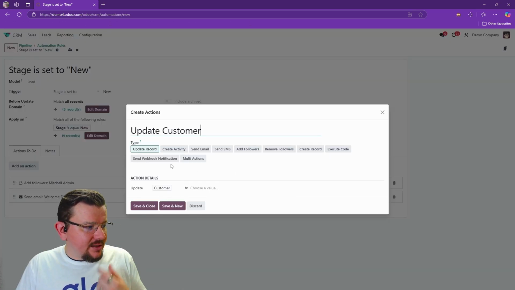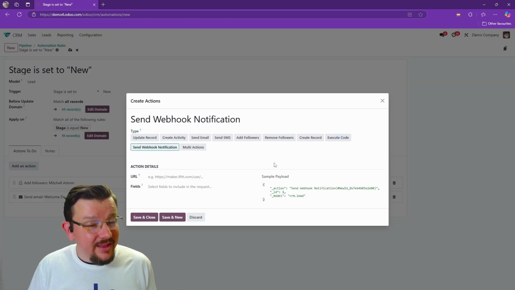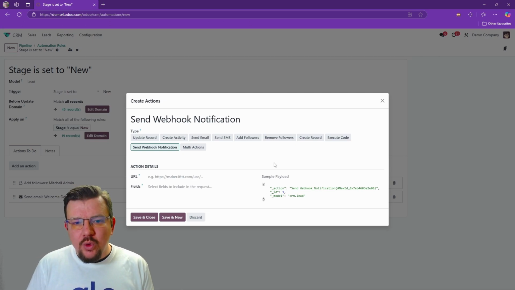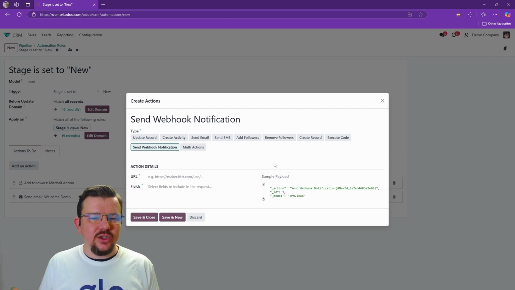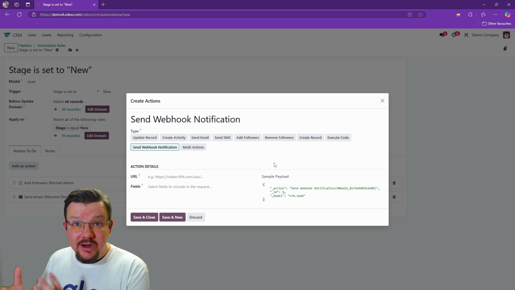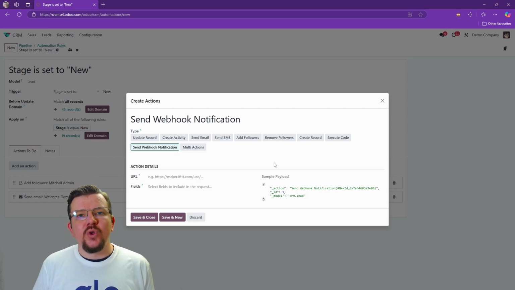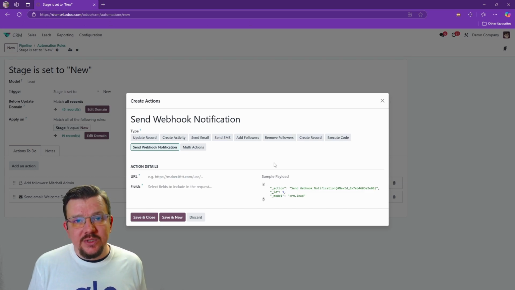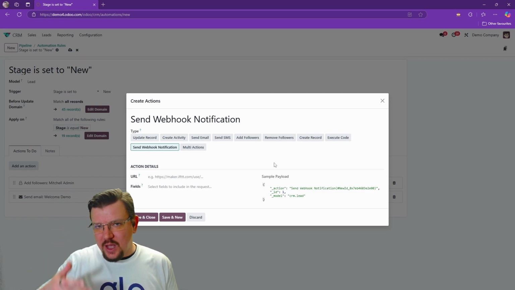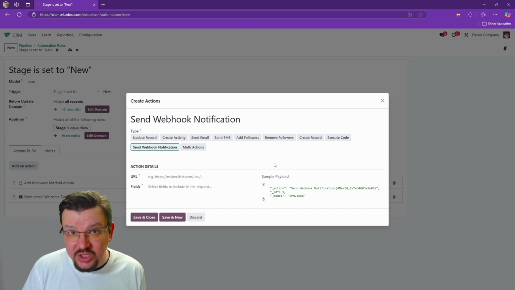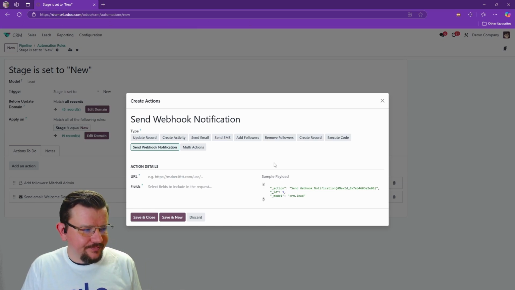Another option is webhook notifications. Now, these are a new feature that was added in one of the recent versions. We might want to send out a ping to another service, maybe something like ifttt.com that handles integrations for us with other systems or handle certain automations that we've got set up in our business. So this will, every time a new lead comes in, send out a ping to another third-party service and start that automation process for us.